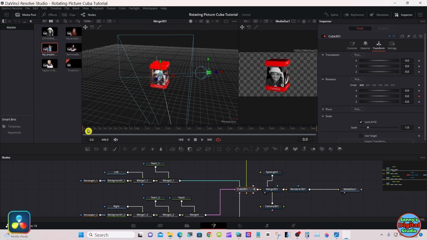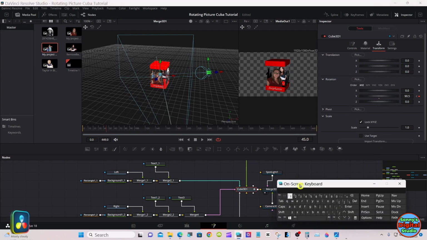Move to frame 45. And rotate it to 90. Now move to frame 135.